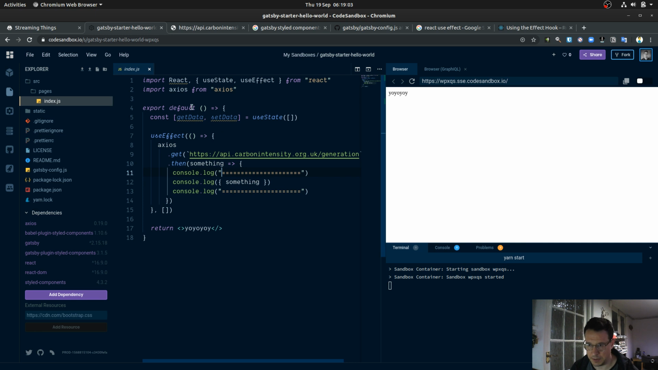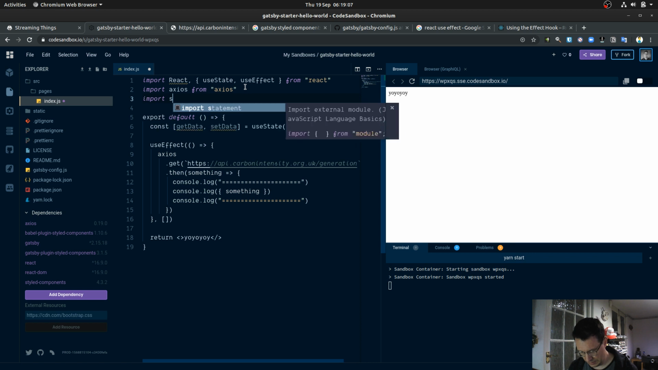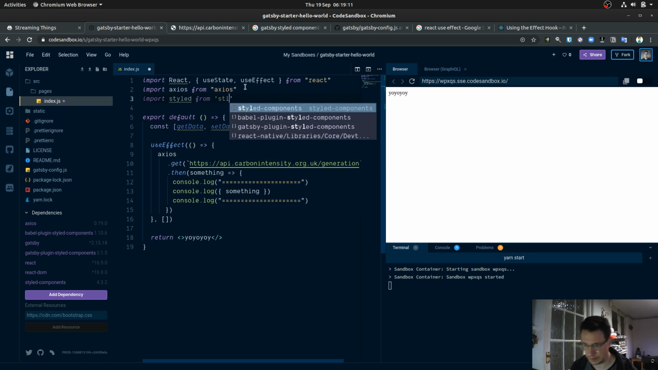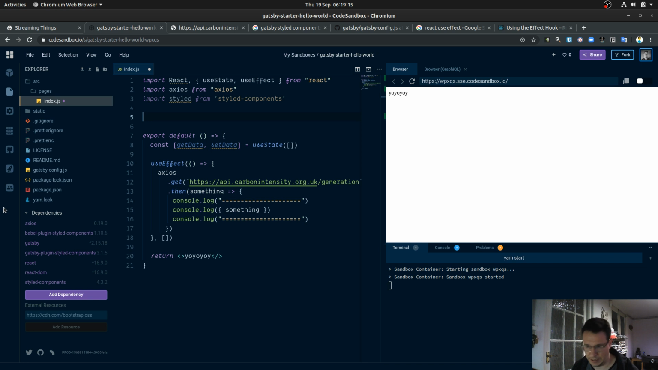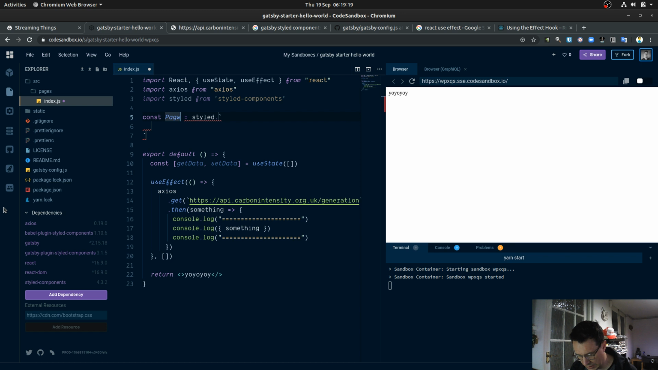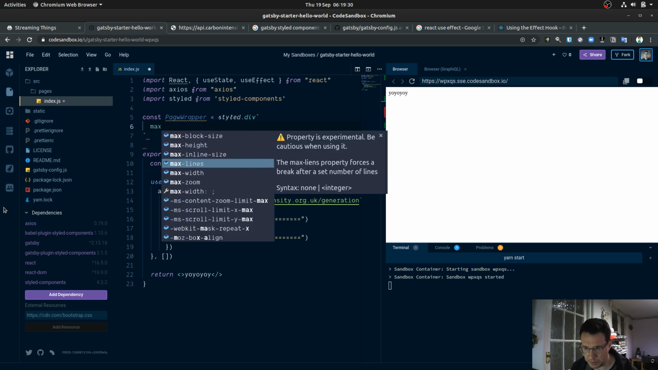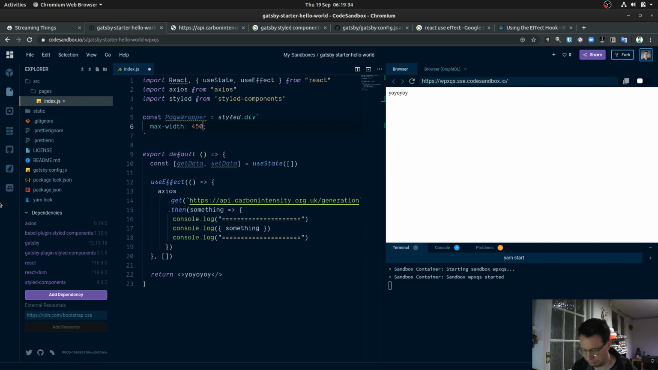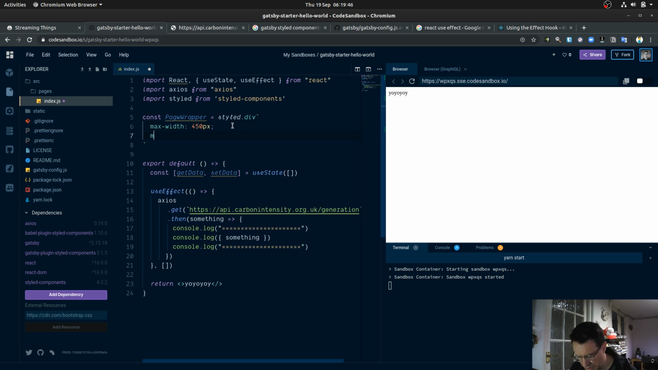Move on. We're going to want to use styled-components, and we're going to want something like a page wrapper, styled div, natch, and that'll be max width, and then grid or something, maybe. Auto center it, and then